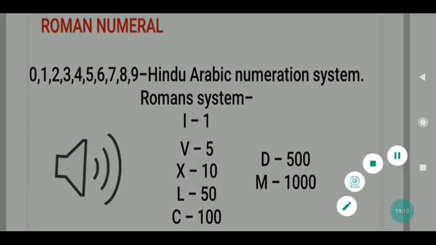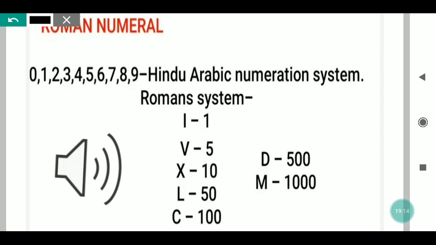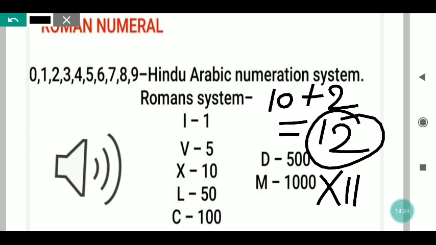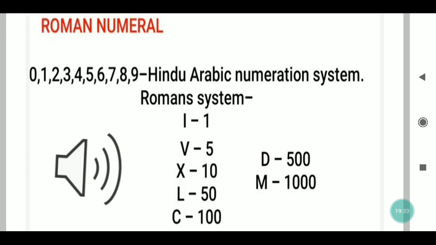In the same way, suppose 10 plus 2 is written. It will be 12 when you add, and this 12 you have to write in Roman, that means X plus I, I mean XII. Like this you have to write. Students, when you do these questions, because these kinds of questions are given in your book and in this test paper, remember all the Roman numerals and what they stand for in Hindu Arabic, then it will be easier for you.